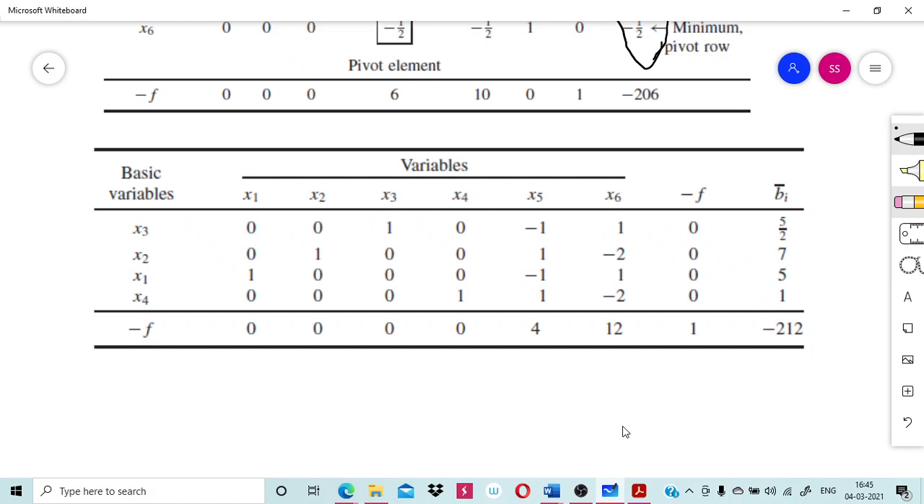Okay, so if you observe the solution column, the BI column, all the entries are positive. So in this step you can stop the updation of the table, and the dual simplex method is finished here. You can stop the updation, and the final optimum solution is